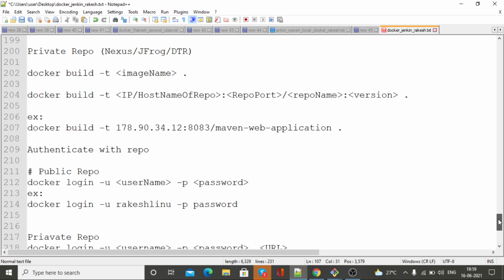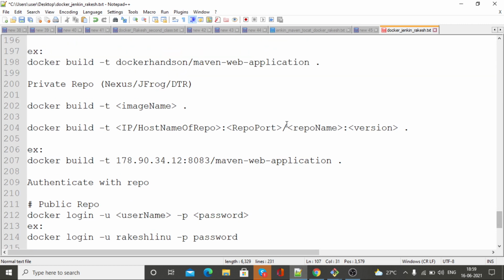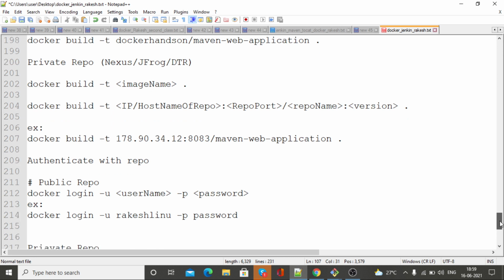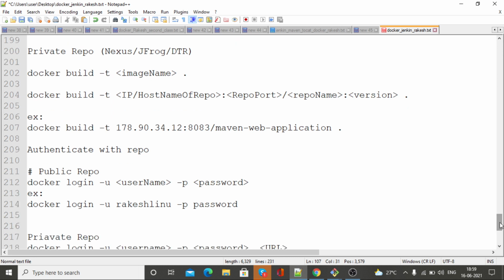So one more thing guys, as I tested in a public repository, I only put my registry name. But if it is private, then the command will be docker build -t, then IP hostname of the repo, then your port number, then repo name, version name. Okay, example here it is.